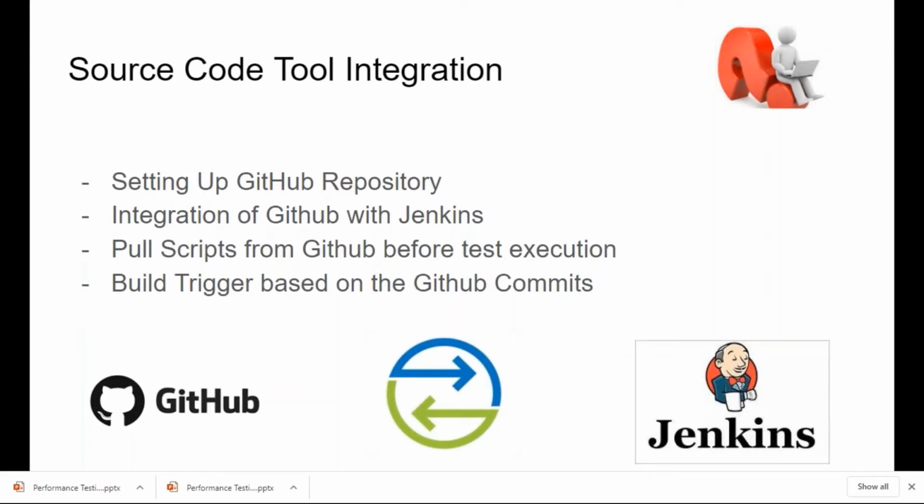In JMeter or in DevOps, you will have people working in different places. A few people from probably the US or India will be creating scripts, and they might be maintaining them in some shared drive or whatever it is. With GitHub, again an open source versioning tool, we'll see how we are going to upload the scripts as a team to a GitHub channel, and from Jenkins, how I can pull these scripts whenever a pipeline is executed. I don't need to worry about what the latest script is. I just refer to my static folder. How can I pull my latest scripts from GitHub, and how the job can be executed? So this as well, we'll cover as part of the session.